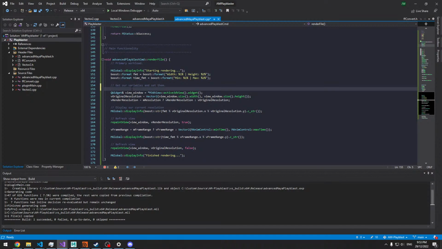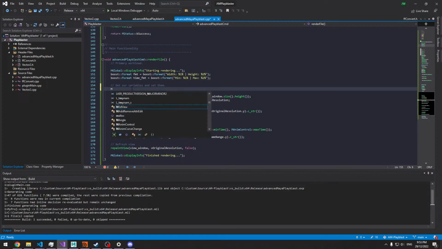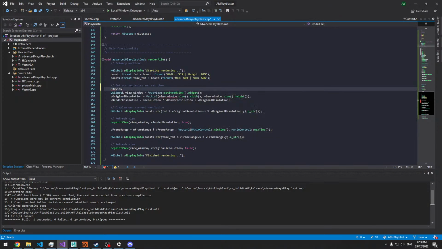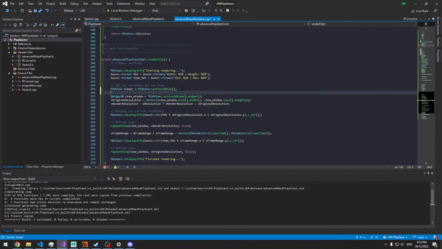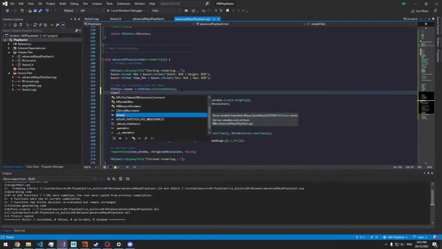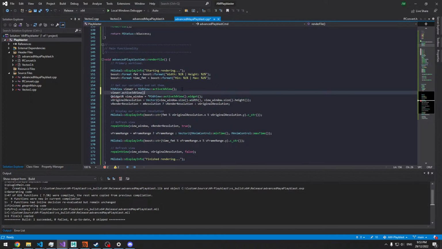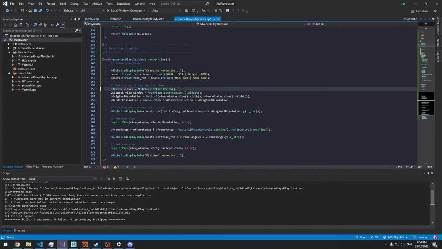So what I'm going to do is say the viewer is going to be equal to... I believe that this needs to be a pointer, possibly. This should be a pointer. Let's take a look. Viewer. Oh, okay. No, it's not really a pointer. That's fine. But because the widget's going to be a pointer, I can then